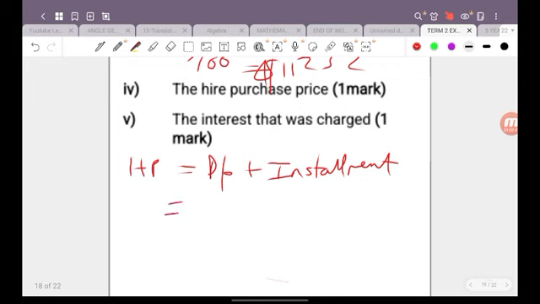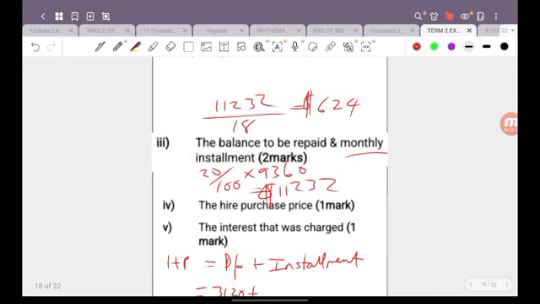So we know that the deposit is $3,120, and we're going to add that to the installment, which is $624 multiplied by 18, which we already have the value of right here, which is